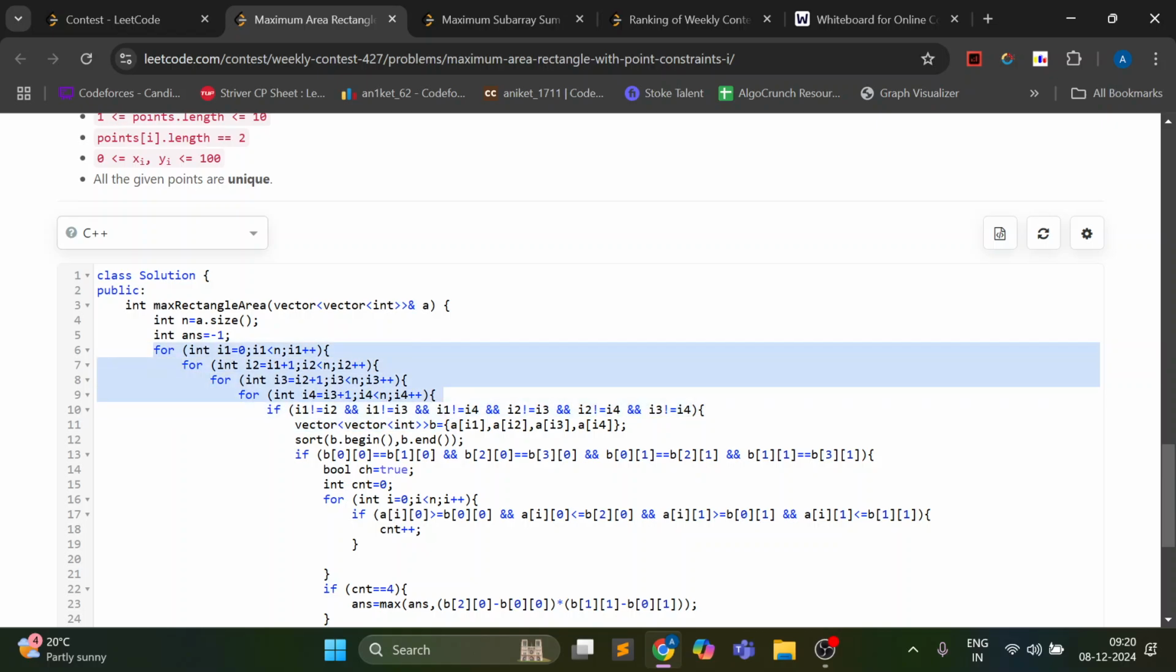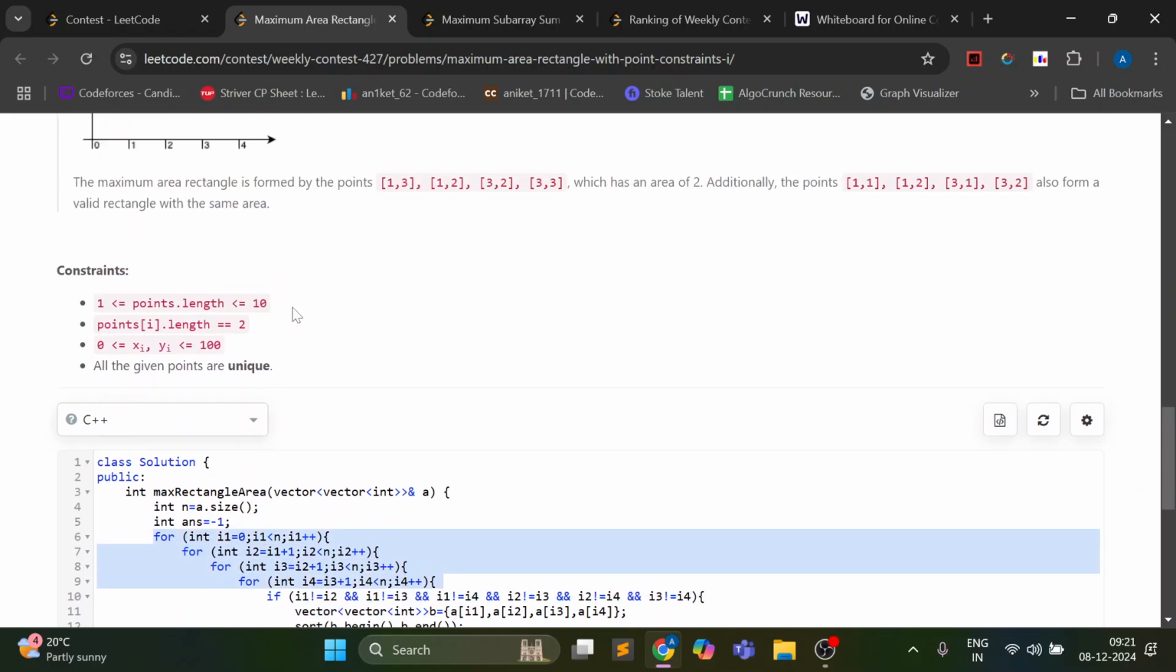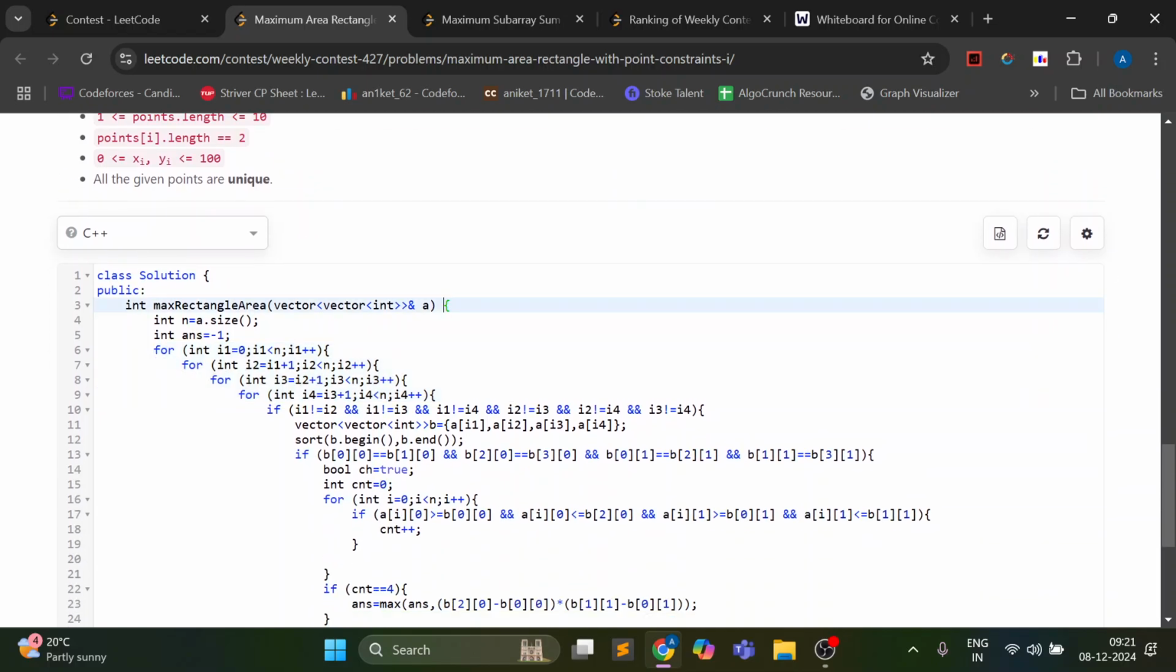Now what is the complexity of this? It would be 10 raised to the power 4, as n is 10 itself. So 10 raised to the power 4. Now I'm just checking that they are all unique. That means no two indices are equal, so no 2 points are equal, which I am considering. Then I'm creating a vector of all these 4 points and sorting